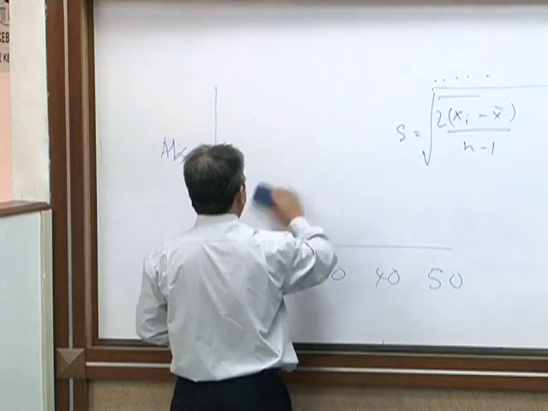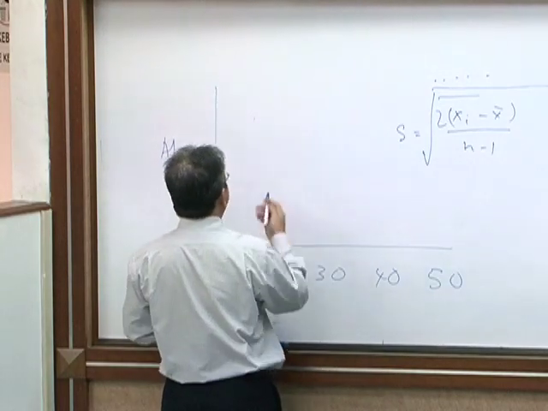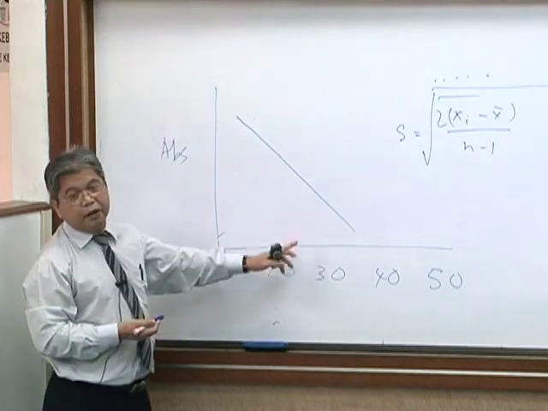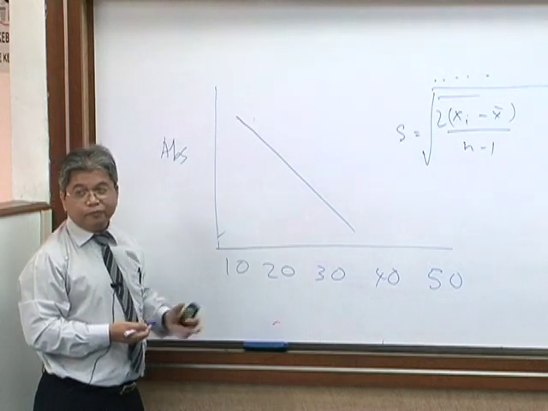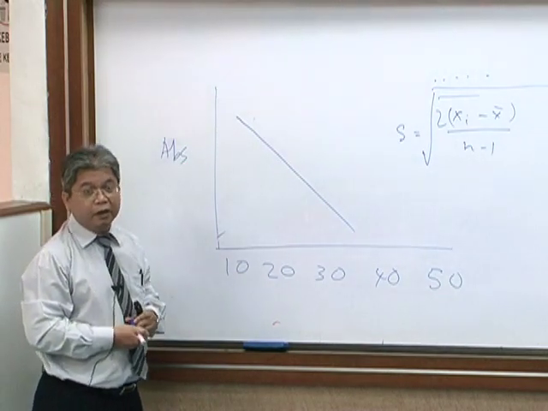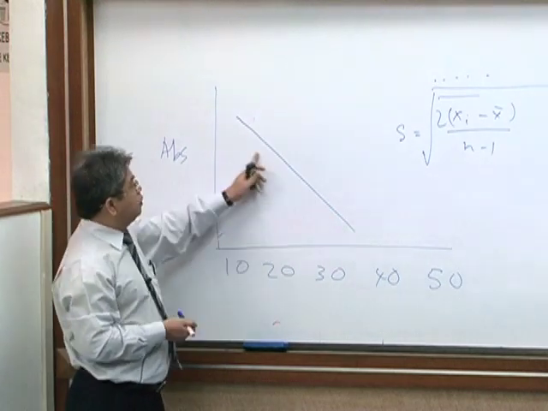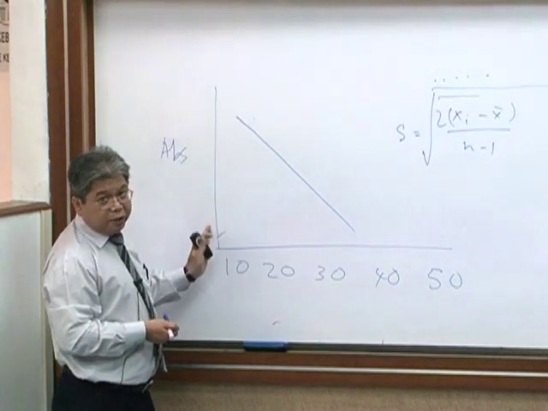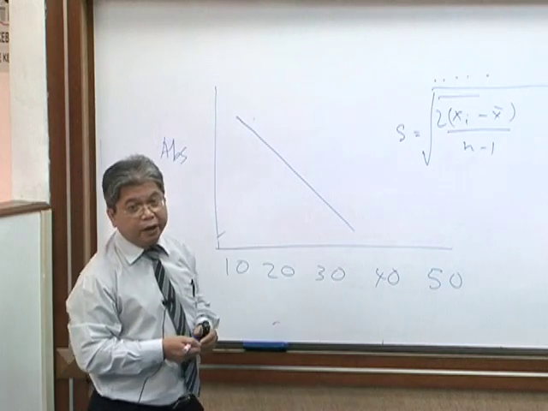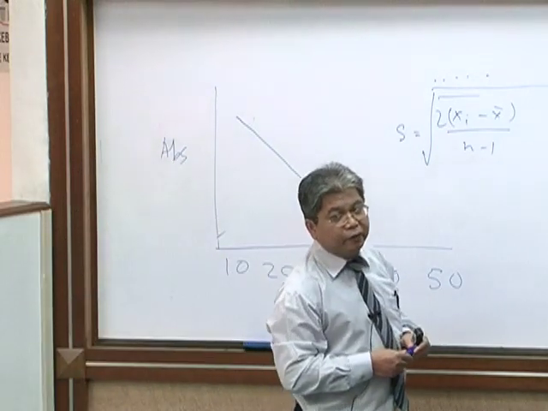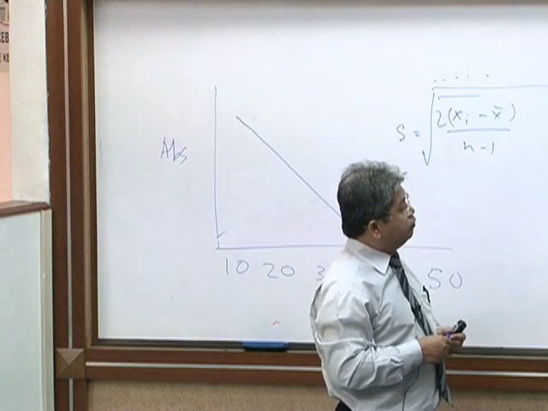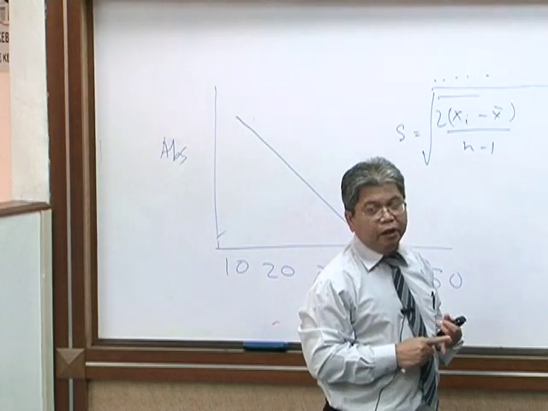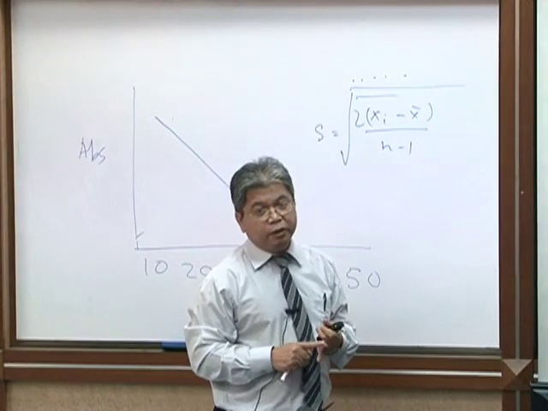If this is the relationship between y and x, what's the value of R? Negative. If the curve is like that, if we increase x, y will decrease, meaning that we have a negative correlation. It's a bad effect to the observed value. So R can have a positive or negative value, and the magnitude of R is between 0 and 1.